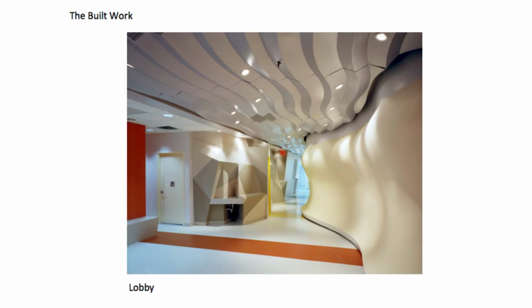Okay, so we went through and analyzed the program, and knowing that we had to have a lobby, we had to have an office, we needed some community space, we needed at least 4 to 5 classrooms. They had an arts program, so we had an art room. They had a dedicated art room, so we were going to have one of those. There were 2 existing bathrooms. So we came up with the flow space from the lobby, which is secular, because it's the